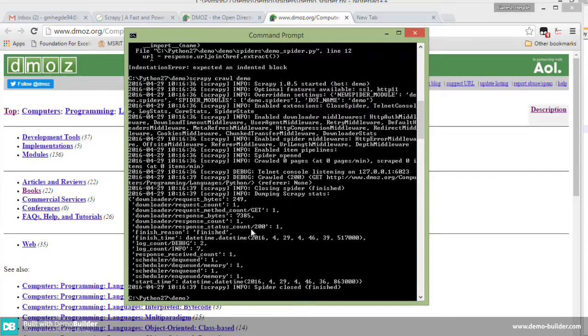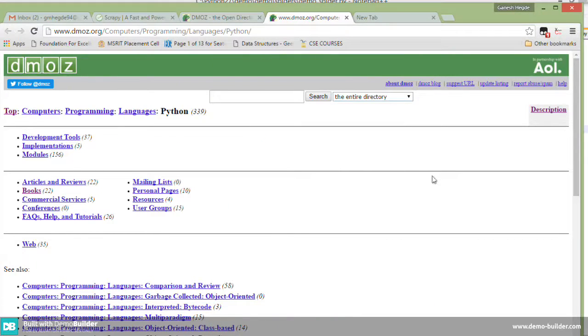Like here we can give the log, debugging and information, what are the files downloaded, response, request, and all those things. If it is correct, it will give the correct answer, otherwise it will give an error. Okay, let's go. Okay, that code is done.